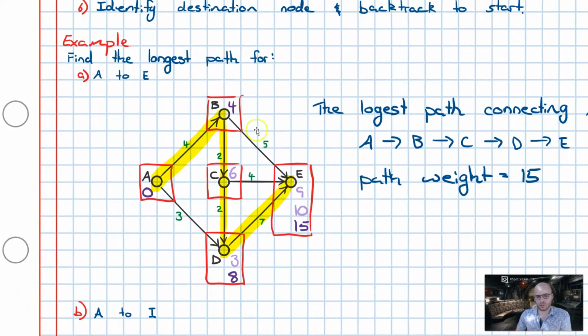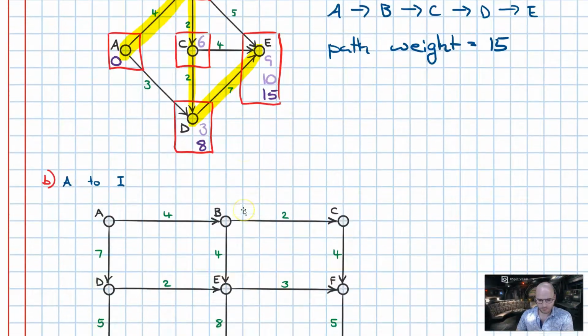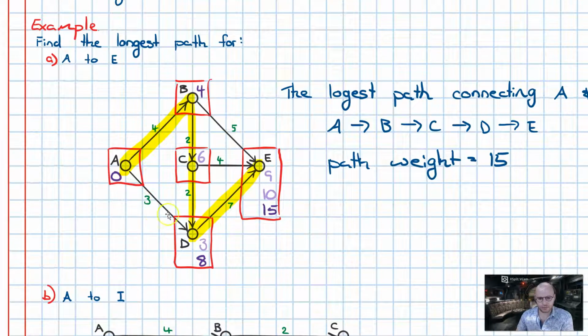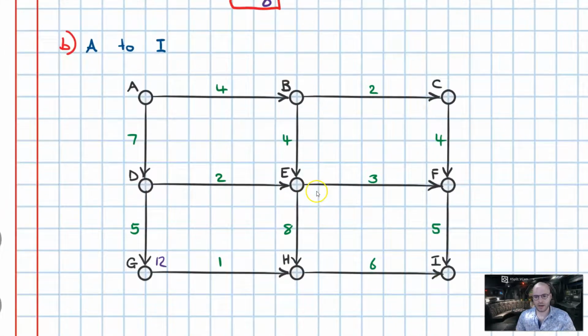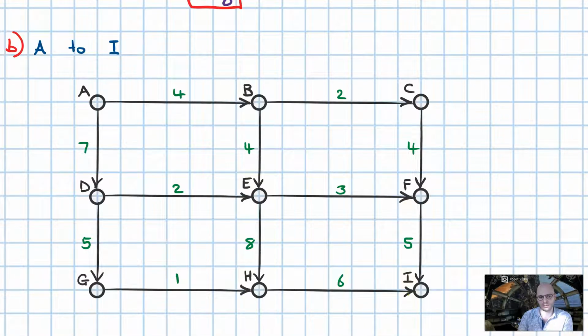Now, the shortcoming of this particular example is that the algorithm we use and the way in which we've denoted it is such that if there are more nodes, it's going to be confusing to trace our way back. So in example B, we're traveling from A to I, calculating the longest path from A